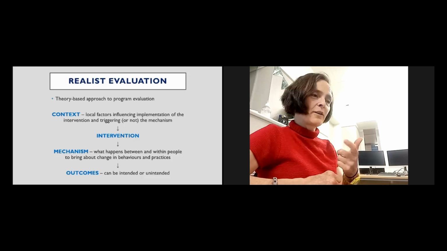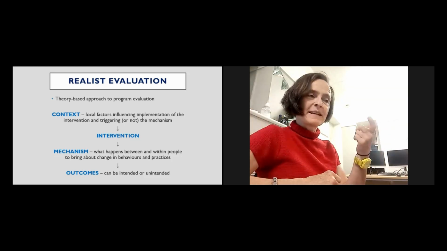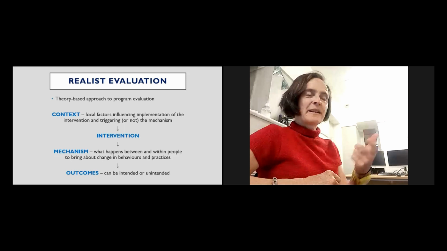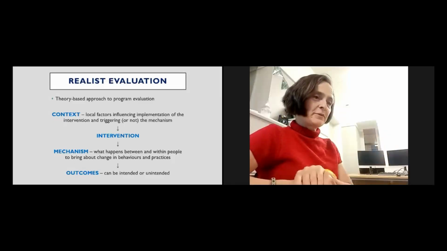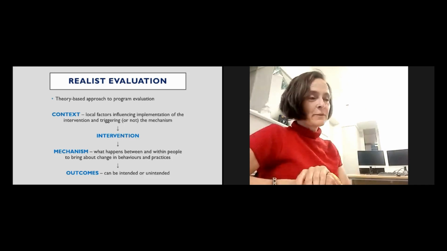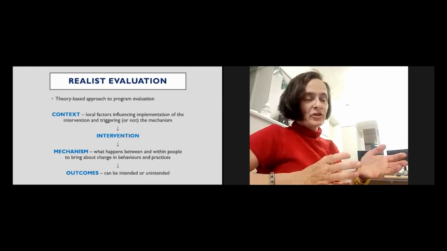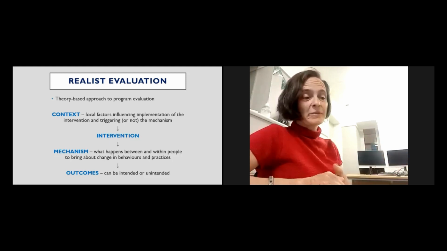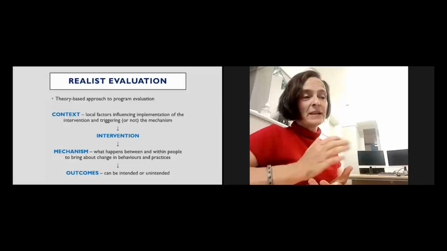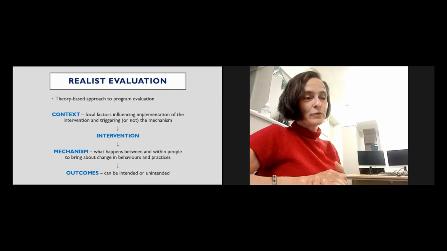And one thing that often people get confused about is thinking that the intention is the mechanism. So, for example, we might think we ran a training program about hand washing, and the behavior change was that young people started washing their hands. So therefore, the mechanism for change was the hand washing. But actually,